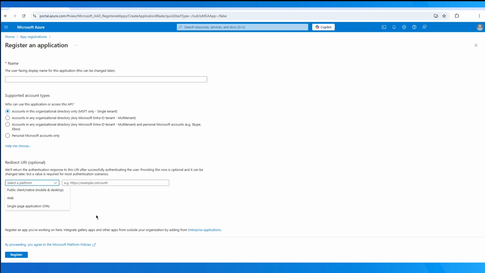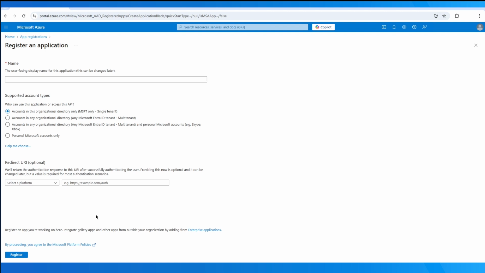The redirect URI is required when it comes to authorization code, as we would need a URL to which the token code need to be redirected to. For this reason, choose the platform as web and then provide any generic URL of your choice. Note that this needs to be a valid HTTP URL without any redirections of its own and can even be the local host.